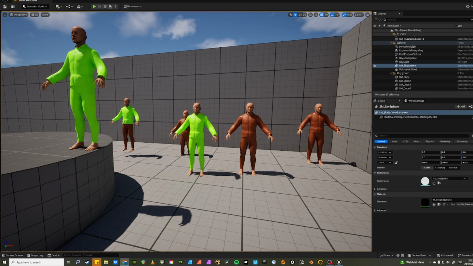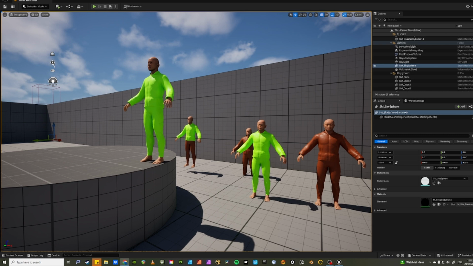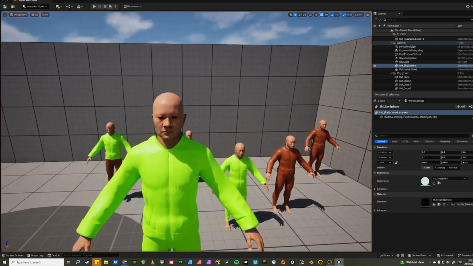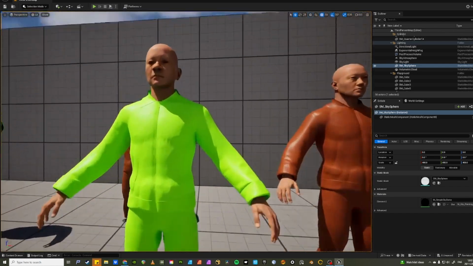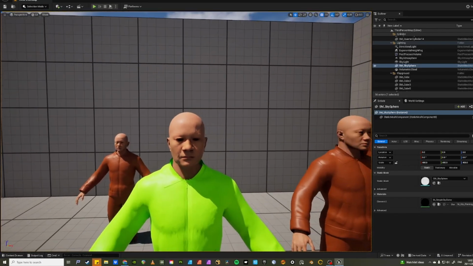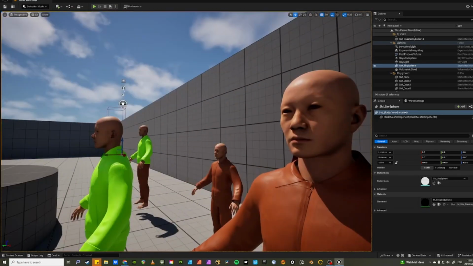have a stab at just sort of looking at how some of the features work, such as this one, which is the population and crowd component. I basically have different instances of, I don't know if you can tell, but there's actually two different face meshes. There's one and there's the other. They're metahumans. I just couldn't be bothered plugging in the eyes and stuff, so for now it's the same skin